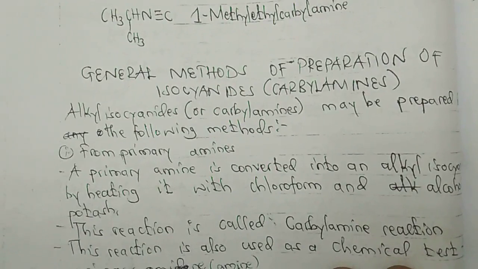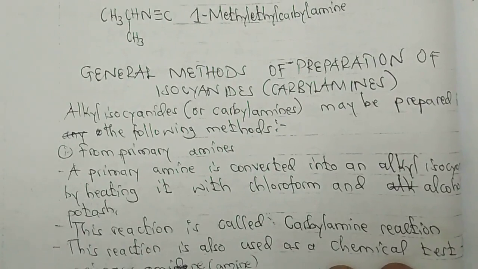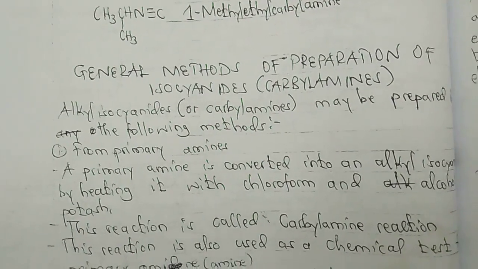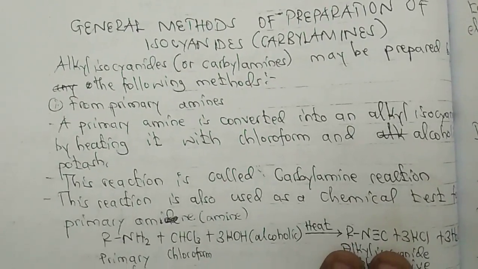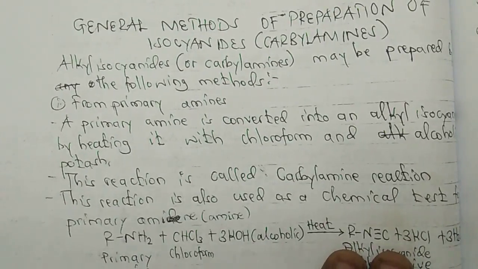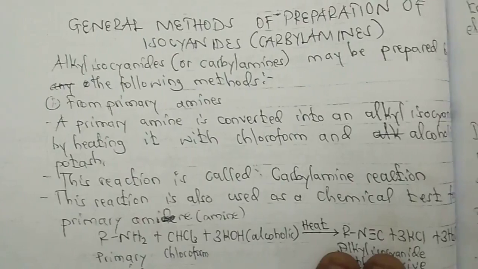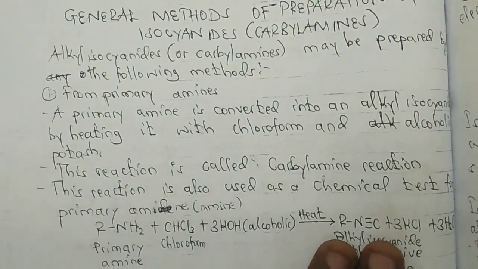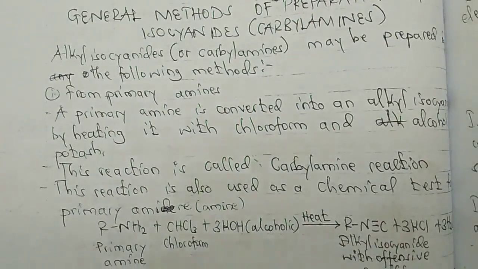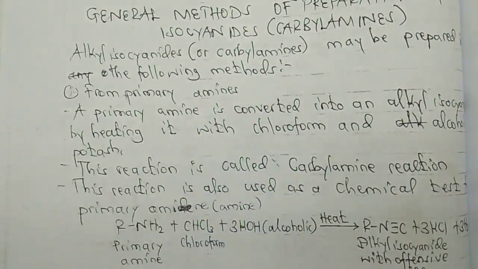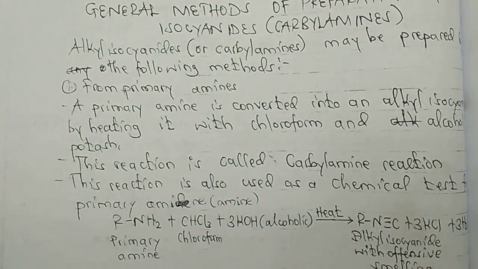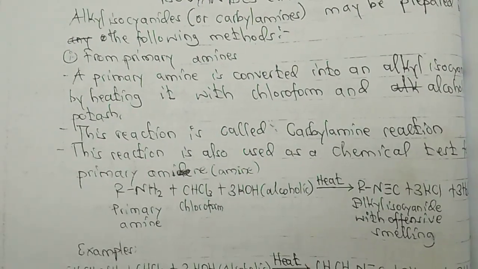Alkyl isocyanide or carbamylamines may be prepared in the following methods. Kwanza ni from primary amines. A primary amine is converted into alkyl isocyanide by heating it with chloroform and alcoholic potash. Una heat kwenye chloroform pamoja na alcoholic potash. Kwa hiyo this reaction is called